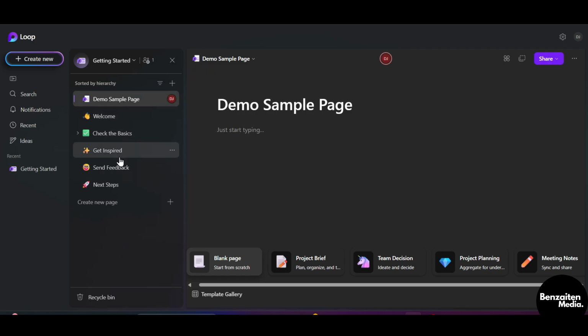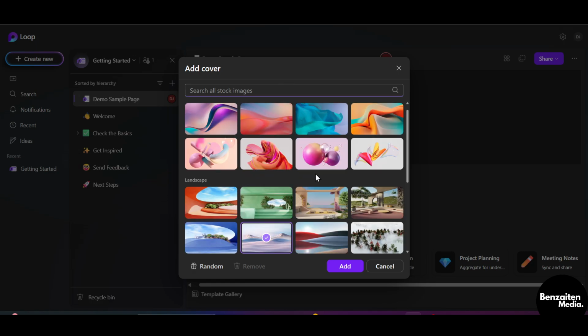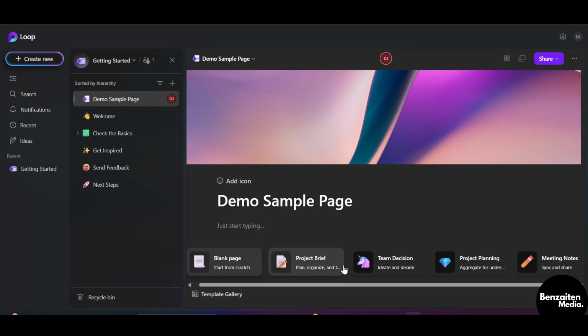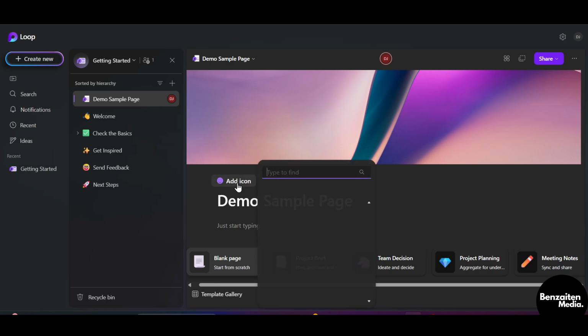From here, you need to hover to this section and from here click on new page. After clicking on create new page, a page will open wherein you need to enter your title, and when you hover to the title you can add a background cover, and here are some background colors that you can choose from. When you click on add, the background cover gets updated,